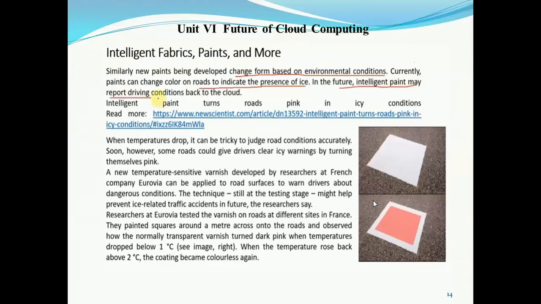When the temperature rose back above 2 degrees, the coating became colorless again. So this is a good example of